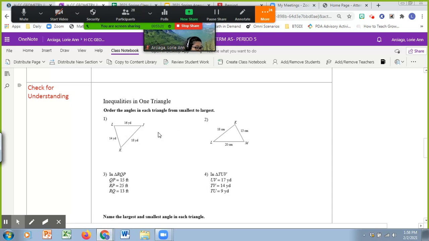Okay. In the chat, can you help me? Start from small. What's the smallest angle? How do you find it? Remember, the smallest angle is across the shortest side. So find the shortest side, go across it. So what's the first letter? Smallest is,